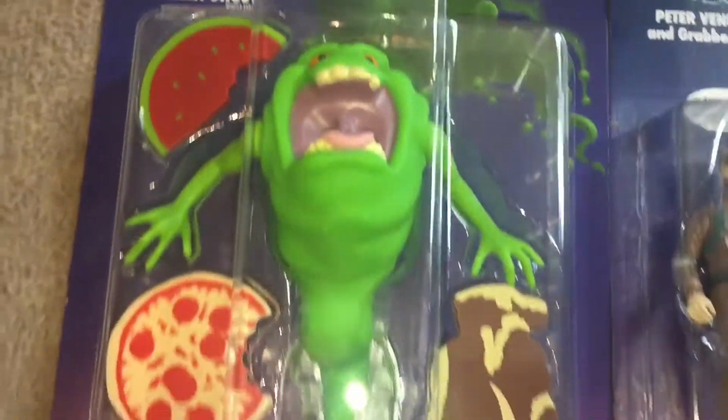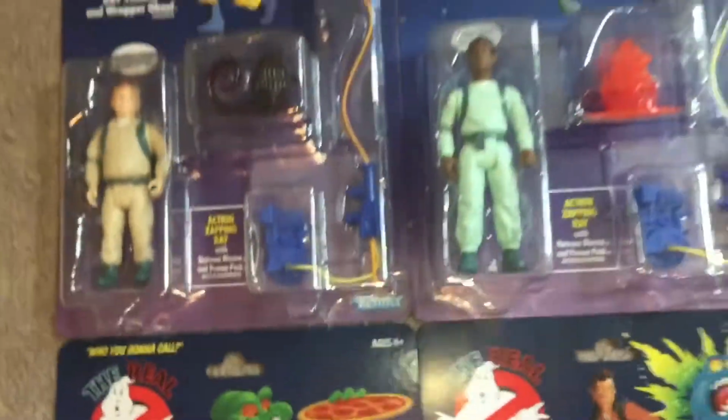You can see the art for these is very cool. Slimer. I wish he had a stand. I'm really wondering how he's going to stand. I doubt he stands any good, but